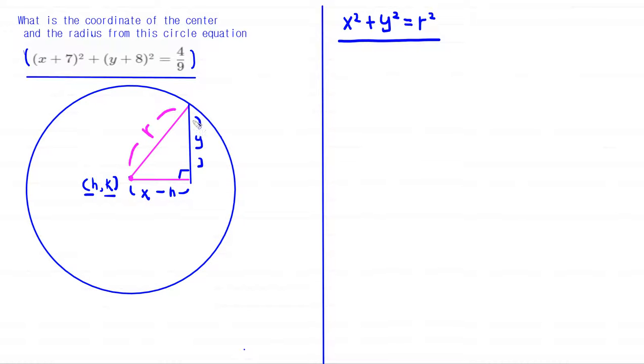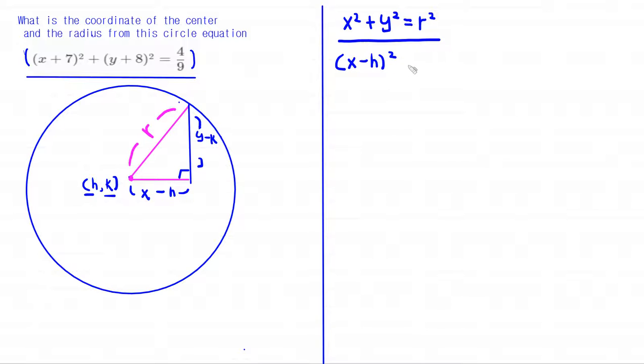And for y I can replace it with y minus k, because we went down, so it was going to be negative k. We finished labeling the sides, and if you replace x with x minus h,